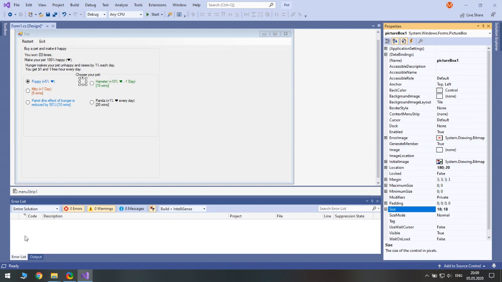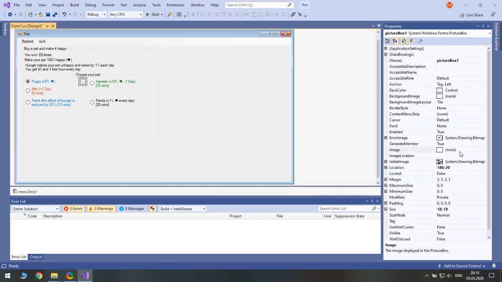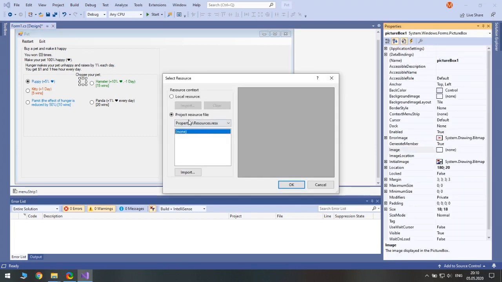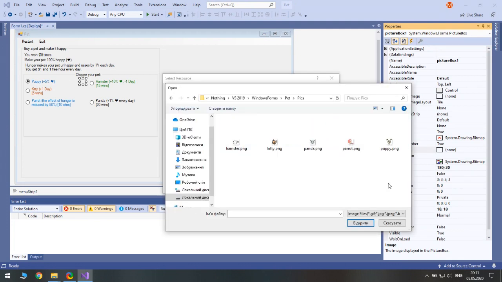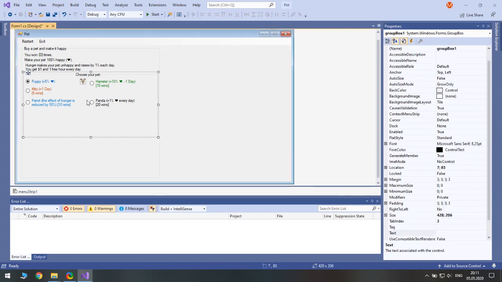I already have the pictures. We need to import pictures manually. Okay, now we will need puppy. Puppy. Oh, that's good.